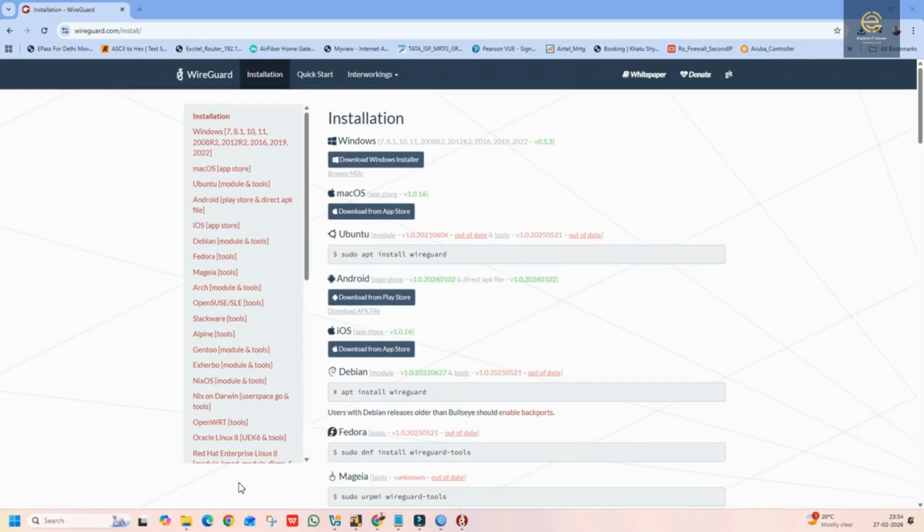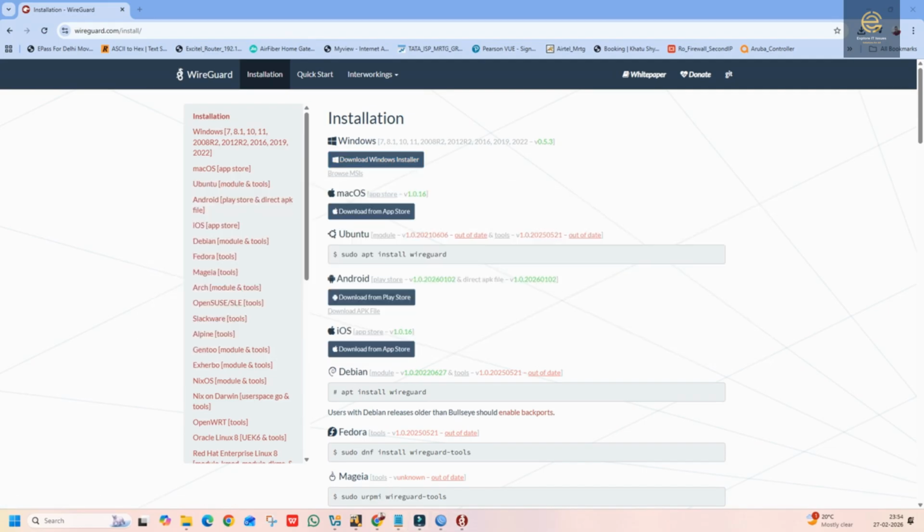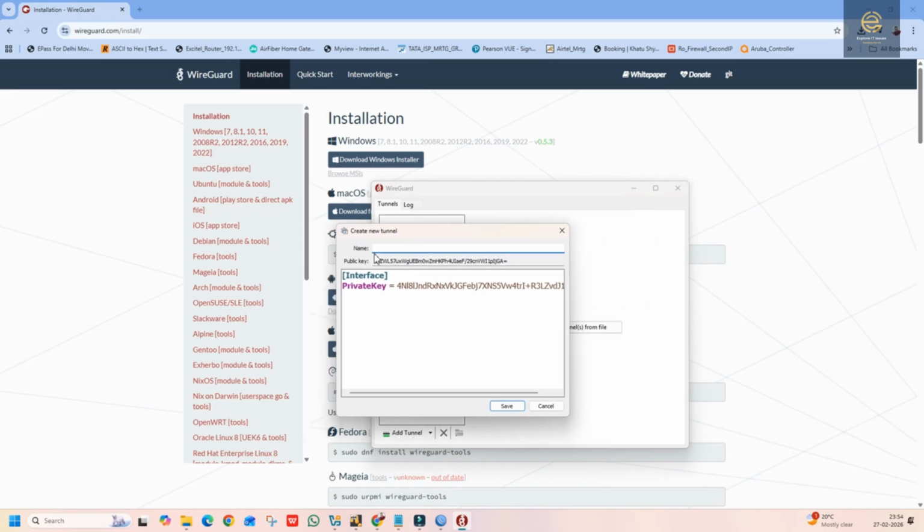Once you have downloaded the Windows installer file, you just click and install the application. Once the application is installed, you get this prompt. Now for creating the tunnel, we go to the down arrow key here, tunnel, add tunnel, and click add empty tunnel. You get this template. Here we can edit the name, just like WG1. Then I copy this key